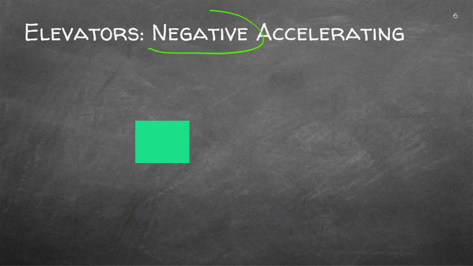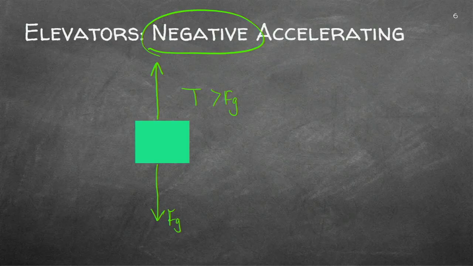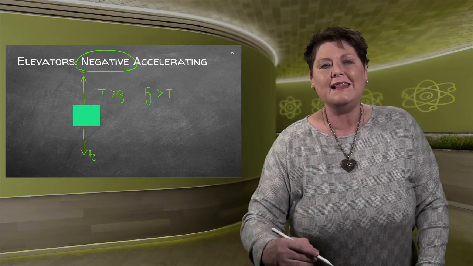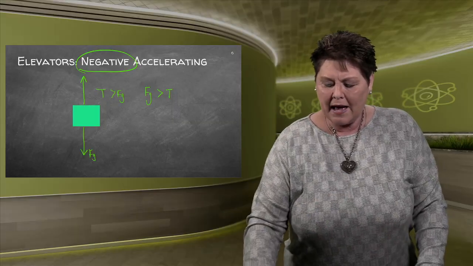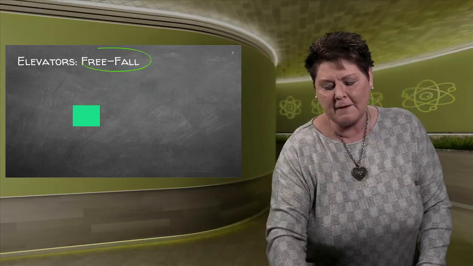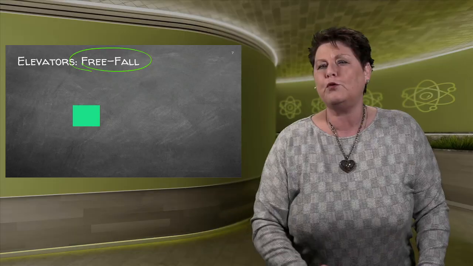We can also have negative acceleration, which is going slower. So if it's going slower, that one is firstly pulling it up, and there's the gravity. And if I said that one is larger than that, it will then accelerate up. And if it's negative acceleration, the Fg will immediately be bigger than the T. So it's important with elevators that you firstly identify the direction in which it's moving, and in that direction, that force will be the greater one. Right, what's happening if something falls free? Now, we are going to address that when we do projectile movements.